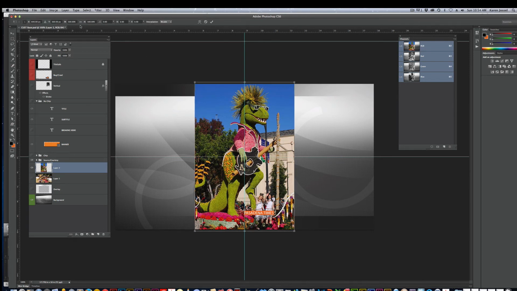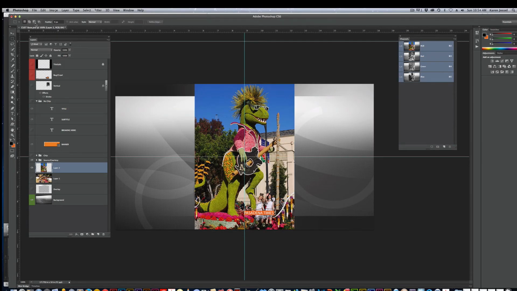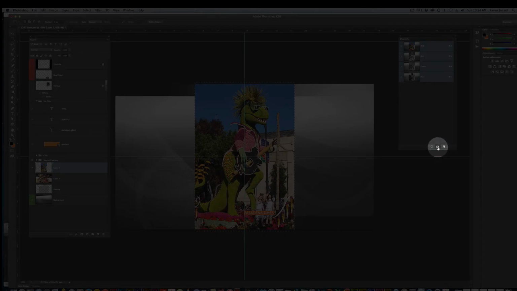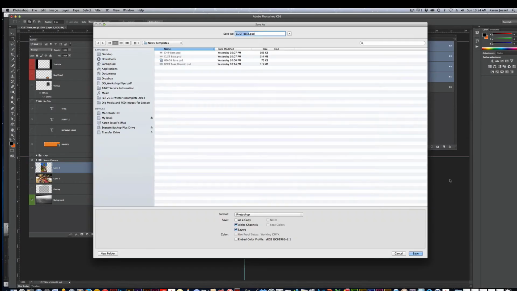If I go back to free transform, Command T, see, where it says 640, that's dead center. We have these numbers. We know that. So there you have it. That one needs an alpha channel. So they have a choice if it's the only one again, but I'm going to make the alpha channel. This is a custom full with an alpha channel. Let's say it's the only picture we have. So there's the alpha channel. I'll click here. There's the alpha channel. And then I'll go save as